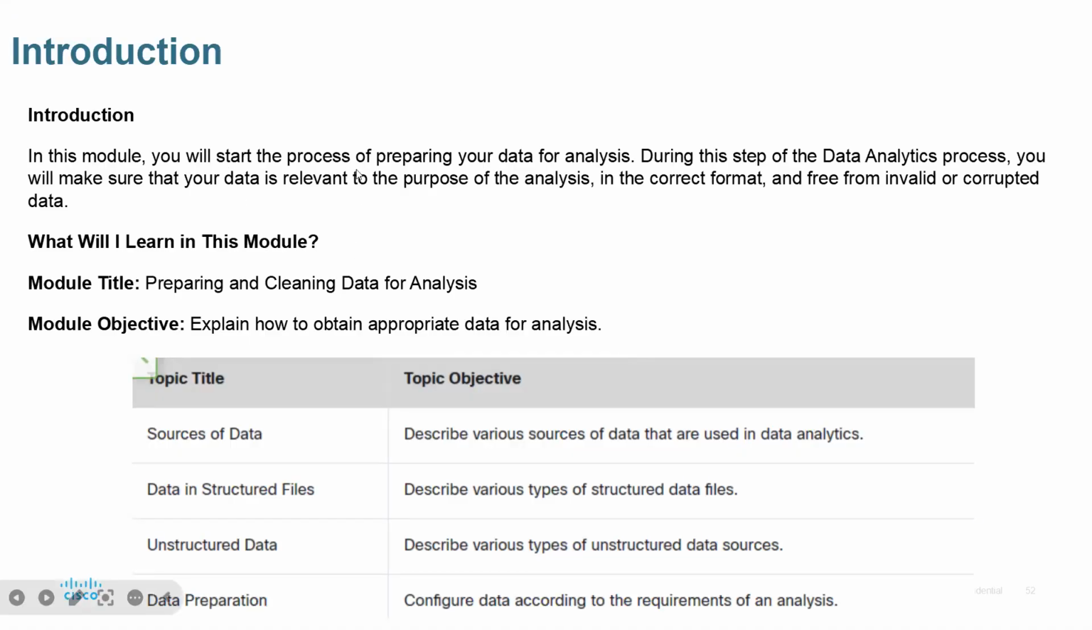In this module, we'll start the process of preparing data for analysis. During this step of the data analysis process, you will make sure that your data is relevant to the purpose. I said earlier that one of the reasons why some research work and some analyses are not successful is because they miss out on the objectives of the research. They miss out on why they need to carry out that research. If you are following an agile methodology, this is the time to go back and look at your objectives and see how to get the right data. Because if you get past this stage and you don't get the right data, what it means is that you will